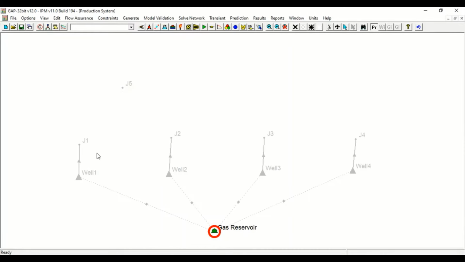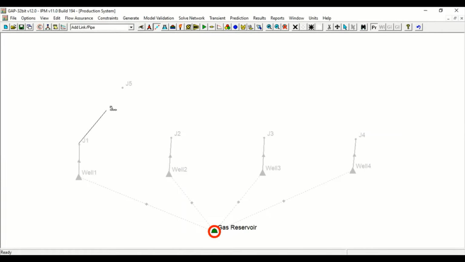And the connection between each joint is actually represented by a pipeline or flow line. So in reality, or in our imagination, we can imagine that the well will be connected to a flow line, and then the flow line will be connected somewhere in the network. For example, they connect in a manifold, and from the manifold to the station, they will flow inside a bigger flow line or bigger pipeline. Okay, so let's construct the flow line